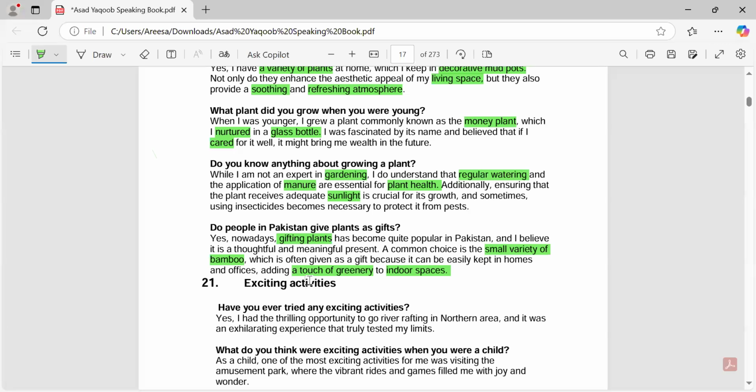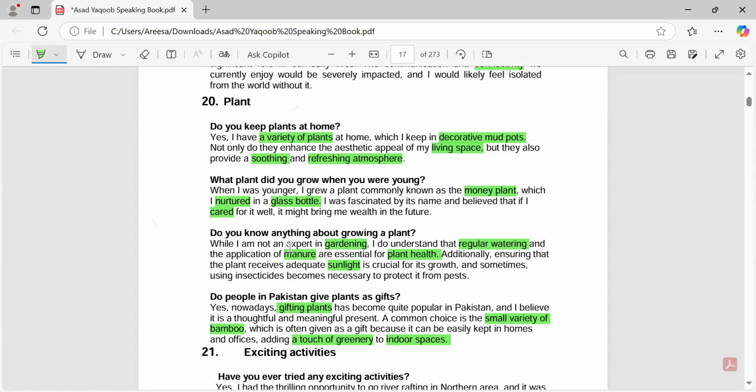I think the question will not be difficult for all of us, because we know we give flowers as a gift. Although they are artificial, and even a fresh rose or flower, people give in the form of a bouquet to different people on wedding events, party events, on Valentine's Day. So I think the question will not be difficult for any of us, but in certain places we might lack